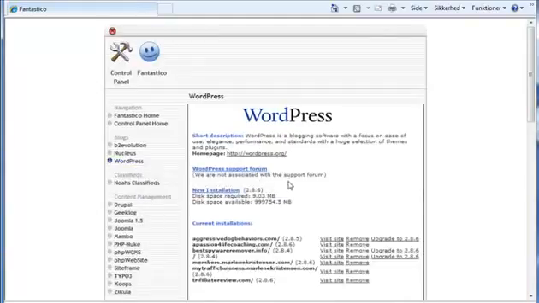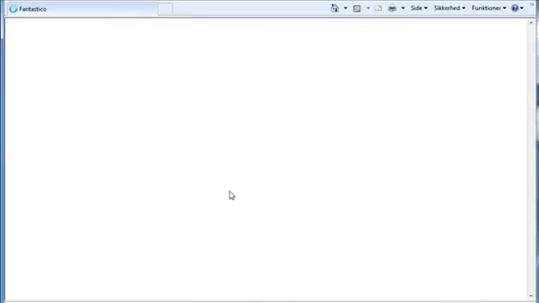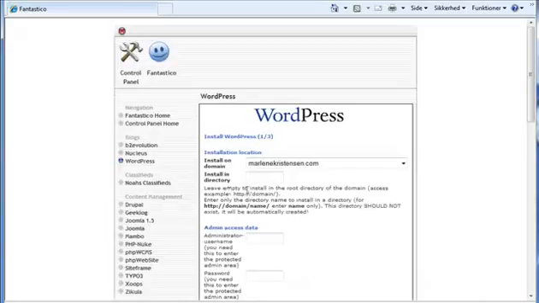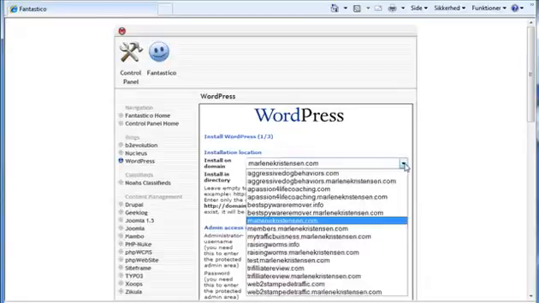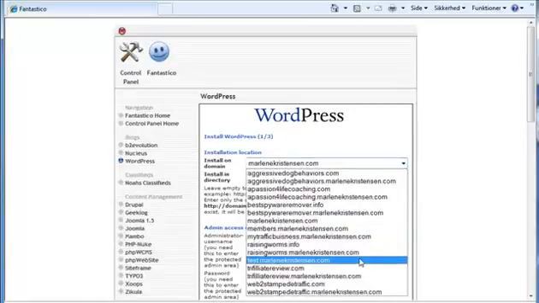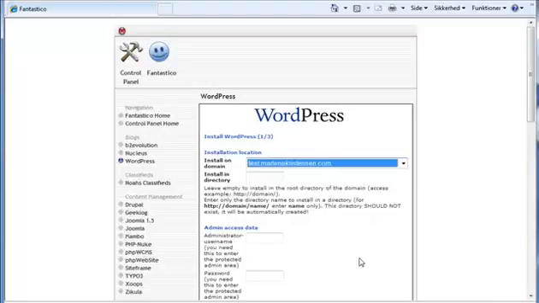And we are going to put in a new installation. And we're going to choose the domain we created, and you're going to put in an administration name and a password.